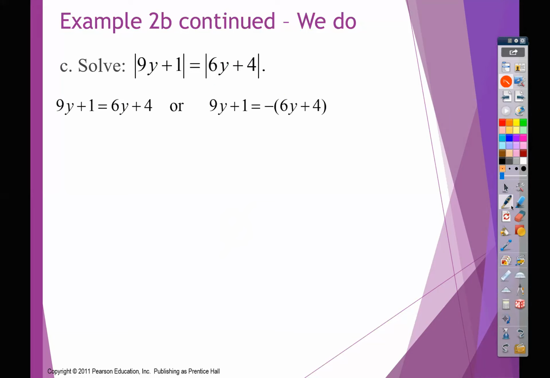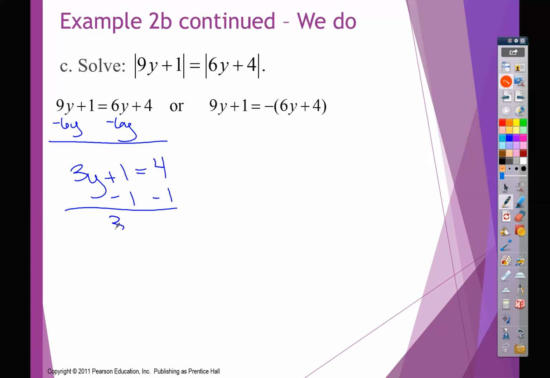All right, so we're going to go ahead and solve both. I'm going to get like terms together, so I'm going to subtract my 6y here. And I'll get 3y plus 1 equals 4. 3y equals 3, divide by 3, and I'll get y equals 1. Or